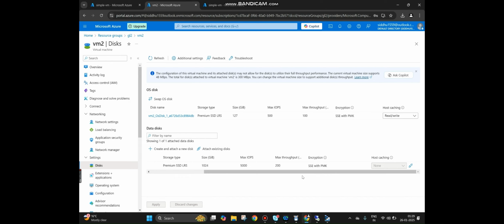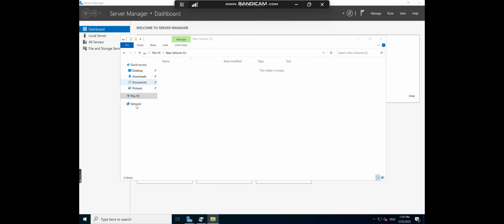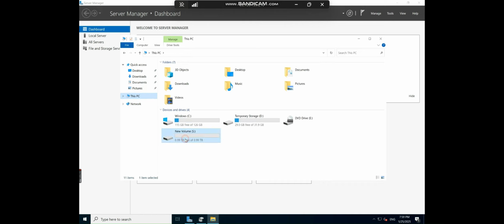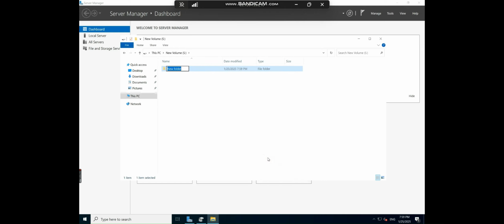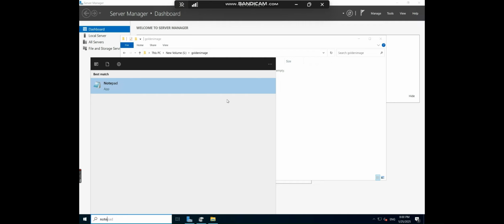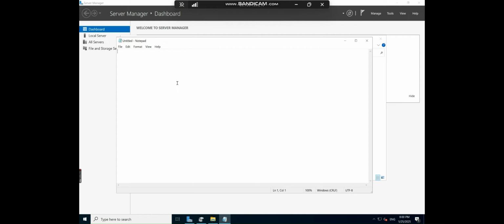We are back again, attaching the same disk to our VM2 to create some files in it. So whenever we do our next activity, we can ensure that the data saved in this file is not deleted. Let me say this is a file, or I can say this is a golden image 2, golden image whatever, and let me also say some file. In this case you can think of your application's configuration files. Let me say this is again a golden egg, just for a funny note,